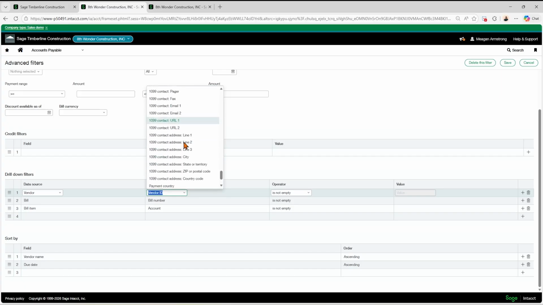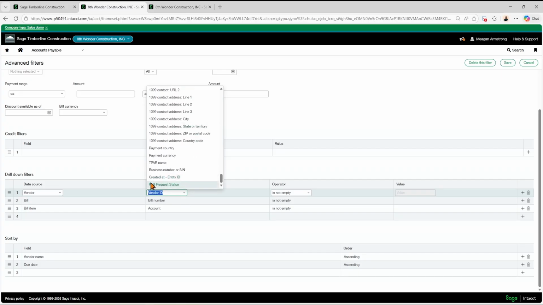If you want to pay only the ones that have a 1099 contact or a preferred payment method of check or ACH, you could do that as well. I've got some custom things in here, and you can do it on custom objects as well, custom fields.